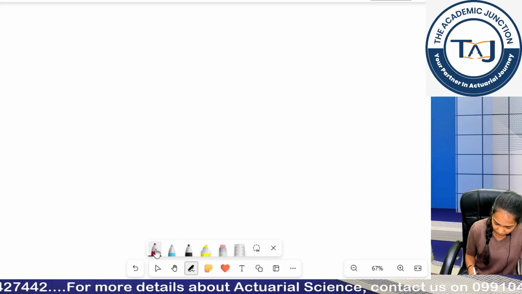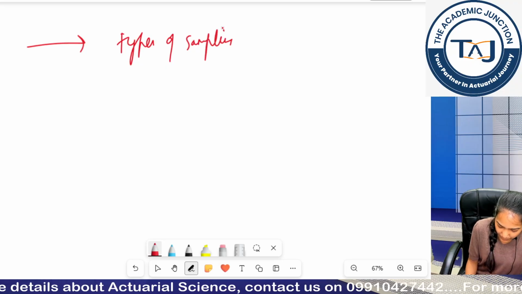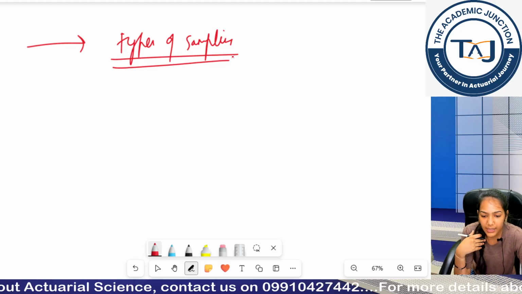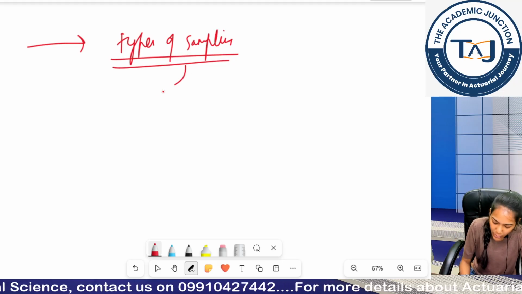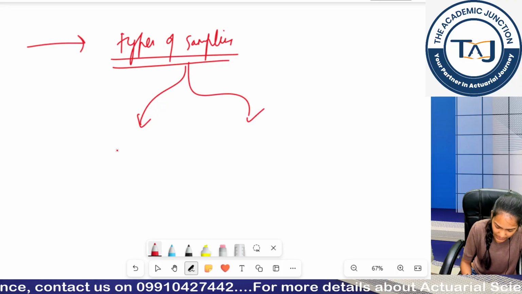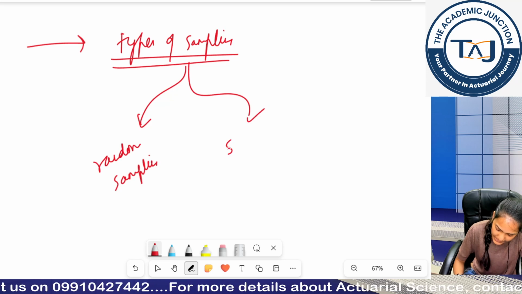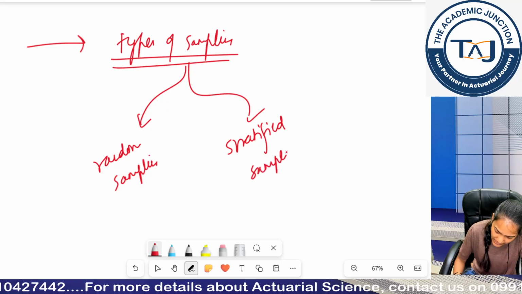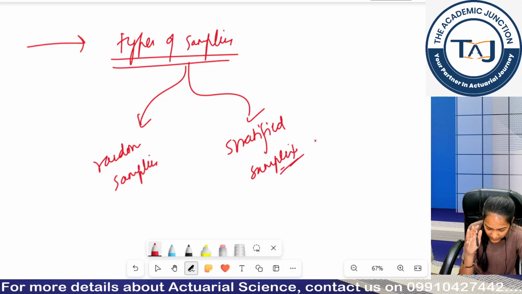Now, coming to one more important topic, types of sampling, because when we do our inferential analysis, we are making samples from the population, right. So, there can be types of sampling. The 2 different types which I am going to discuss here are, first one, random sampling, and second one, stratified sampling. There can be many more ways, I am just discussing 2, this is not an exhaustive list, let me be clear.